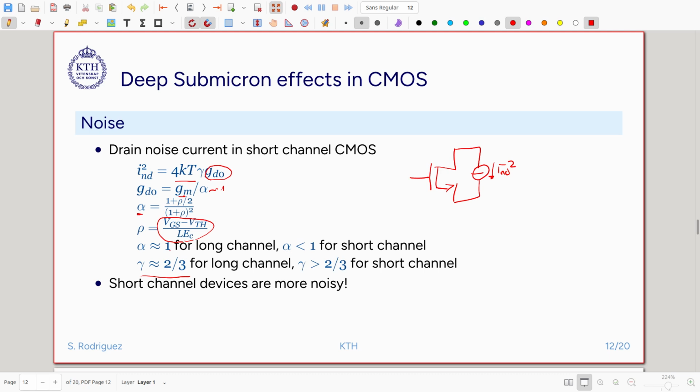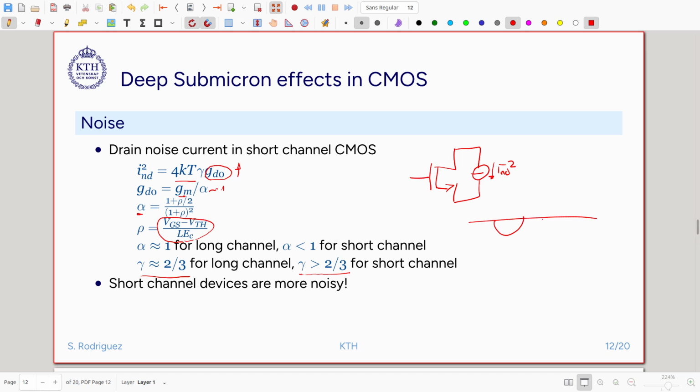So for short channels, alpha is lower than 1, which means that this value will increase. But also the value of gamma is higher than 2/3 for short channel devices, and that should not come as a surprise